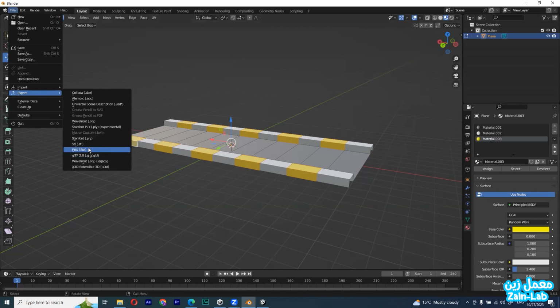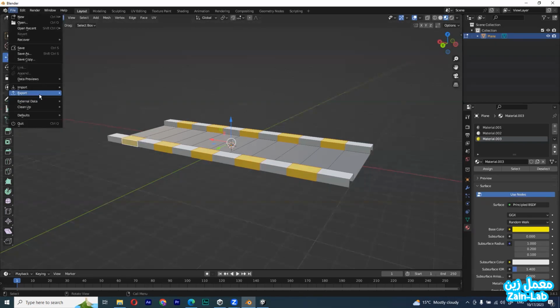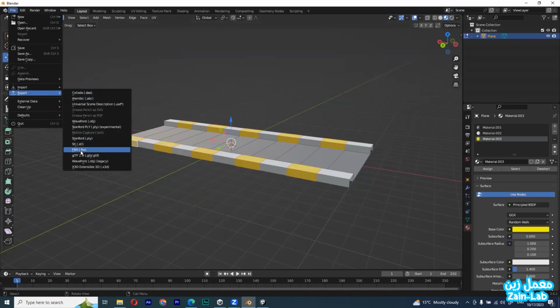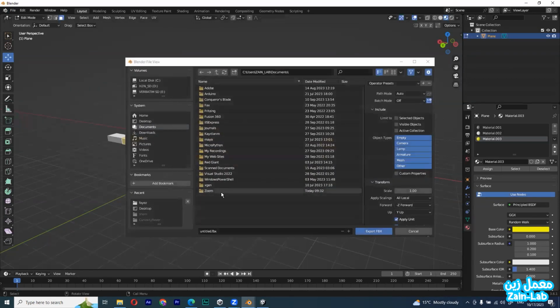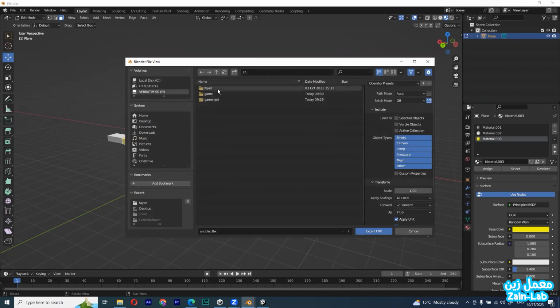GLB is like FBX, but it gives me low size, not high size like FBX. With FBX, if I have animation for the object, I can export this animation. But in GLB, I couldn't do it. I will export my object as FBX, and I will choose in my machine, for example,